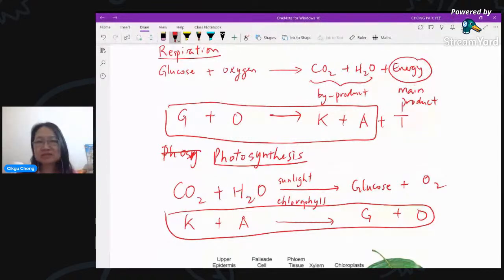So that's why only plants can do that. They can carry out both. For us, it's just respiration. That's why we rely on plants a lot. Without plants, we cannot get the source of glucose because we can't make glucose from the sunlight. So that's why plants are very important to us, for the survival of a lot of species on this earth.